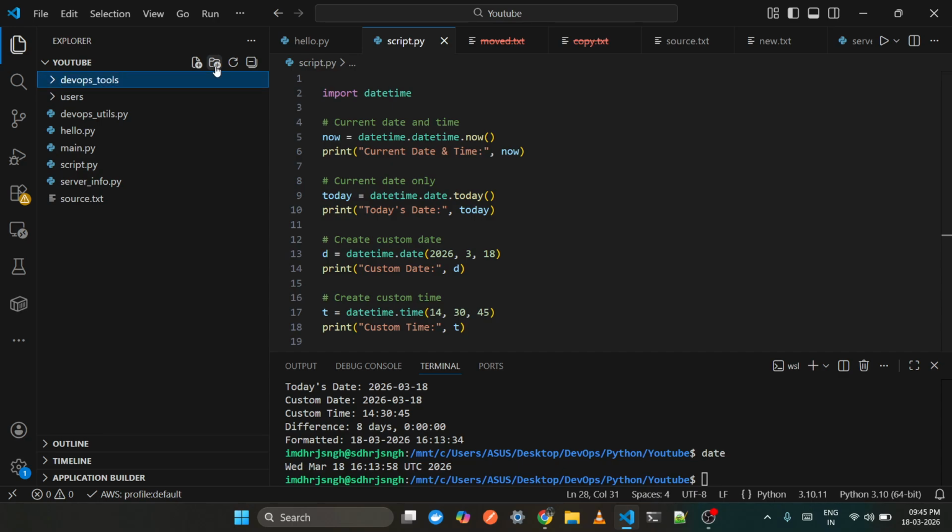Fine. Inside that DevOps tools folder, we have to create a file